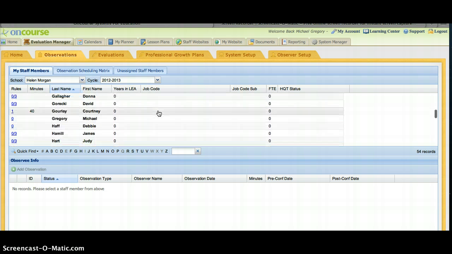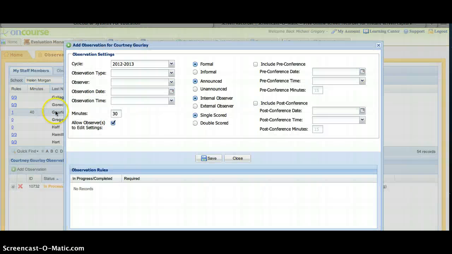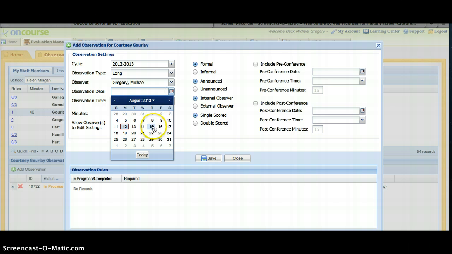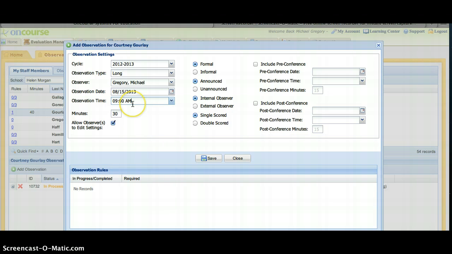I'm going to find somebody, Courtney Gourlay. I'm going to come over here, you click on her, and this is the schedule. This is what comes up. Observation type, long or short, which is a 20 or 40, we're going to go long. Observer, Michael Gregory. Date, 15th August. Time, and you can change these times. So if I put 9 o'clock in, I can go to 9:20